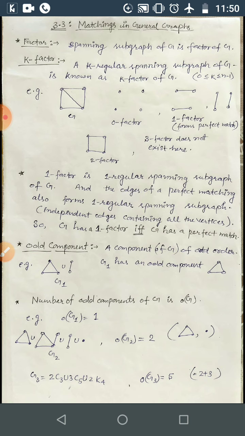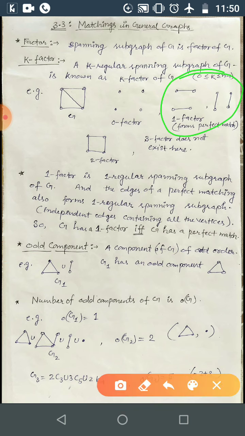Now as I discussed here, one factor forms a perfect matching, all the edges. So here I have just explained. One factor is a one regular spanning subgraph of G, and the edges of a perfect matching also form one regular spanning subgraph, correct, because all the edges